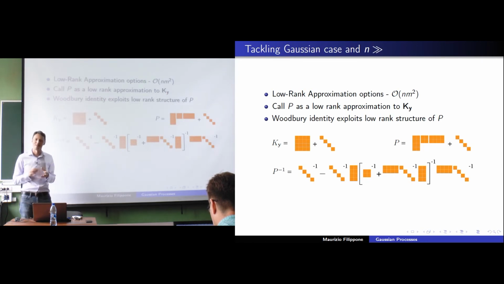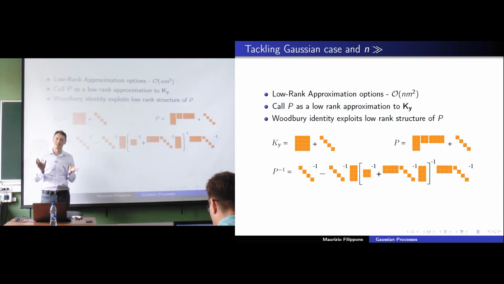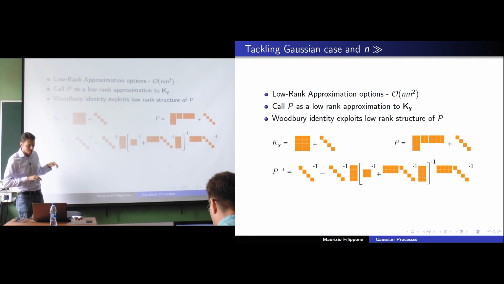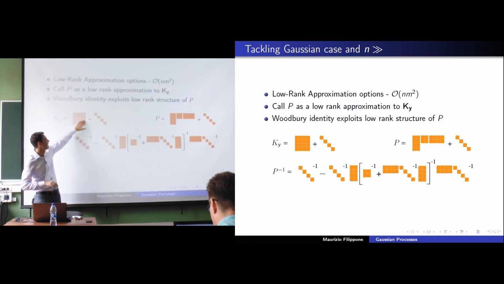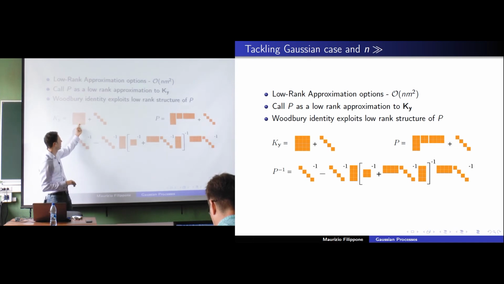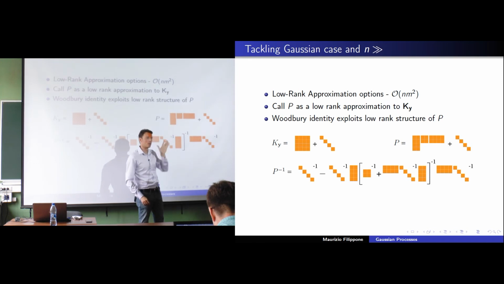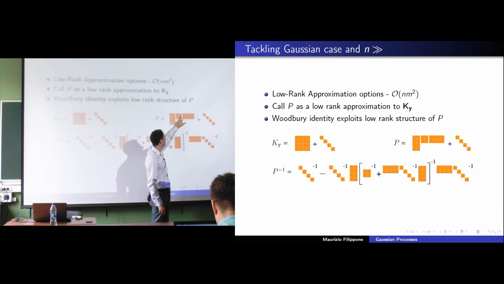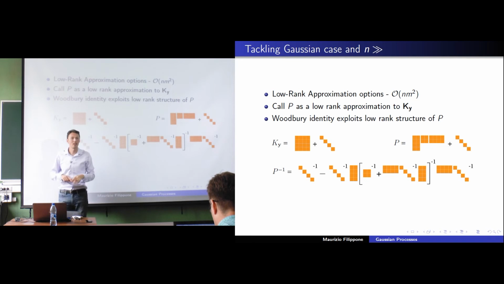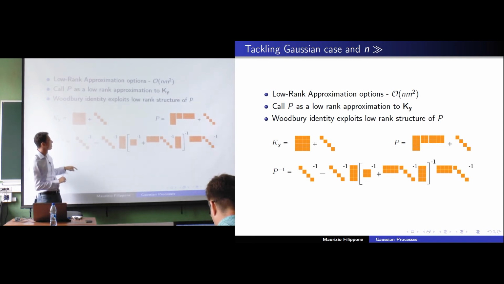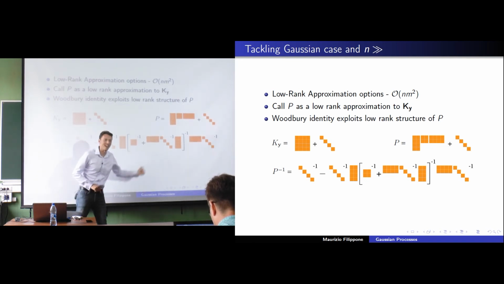And this is my beautiful visualization of the Woodbury identity. Okay? So imagine that we have this K, as before, a dense matrix plus the diagonal. And imagine now we can find a low-rank approximation to that. So imagine that we can express this matrix as the product of a skinny matrix, as we call it, which is going to be n by m with m less than n, then a small m by m matrix, and then another fat matrix like that. Okay? So if we can do that, then if we apply Woodbury, we get this expression, okay, which I really